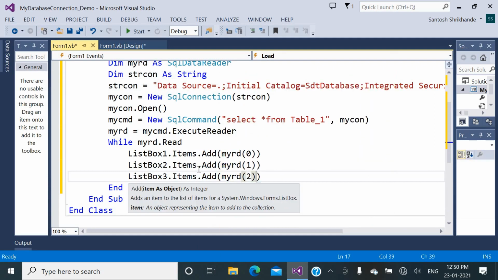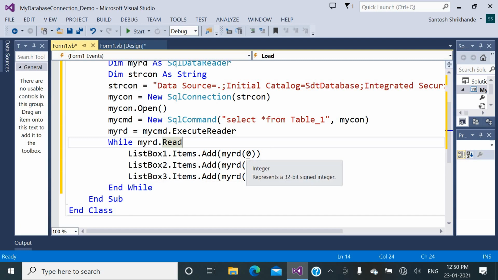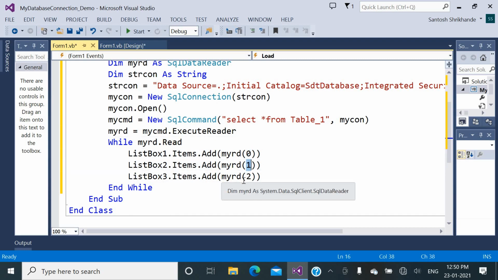This means 0 stands for the first column, 1 stands for the second column, and 2 stands for the third column of the data reader's values. So the 0th column of the table is EMP ID, the first column is EMP name, and the second column is EMP salary.